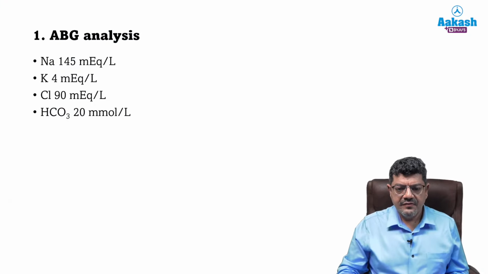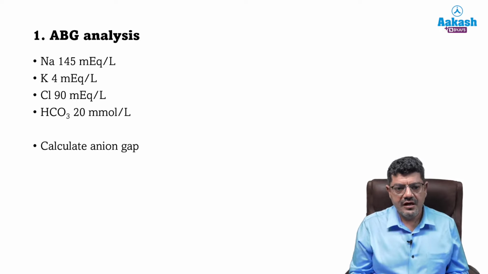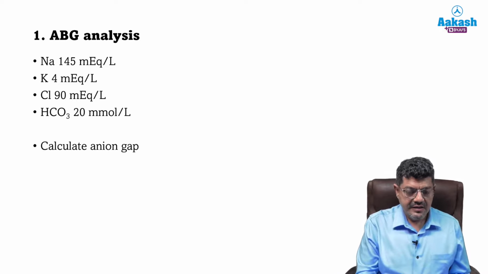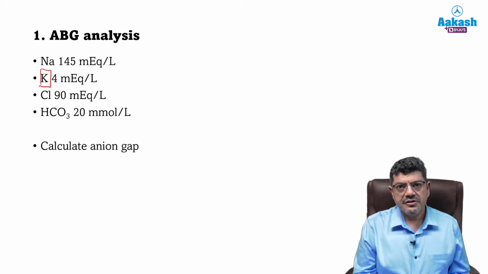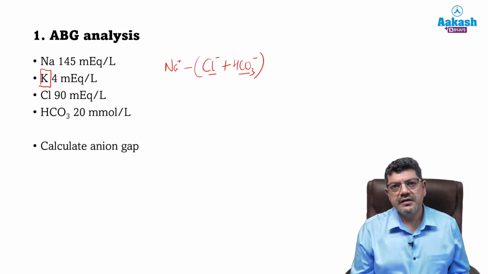So first of all, they had given you these 4 values and asked for an anion gap, and it's very simple. You just need to know that potassium is not a component of the anion gap calculation, although it is part of what contributes to the anion gap, right? See, how you calculate it is that you take away the sum of chloride and bicarbonate from the concentration of